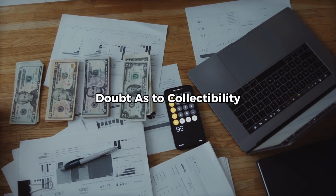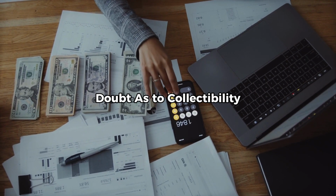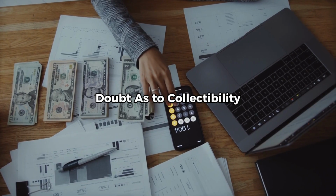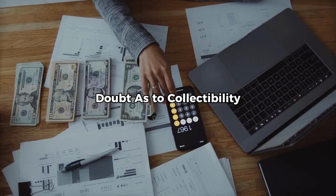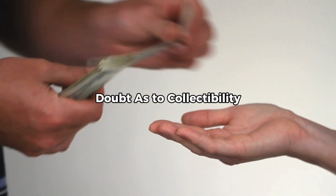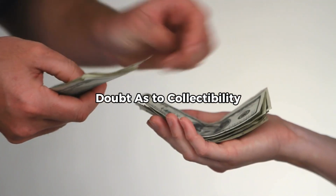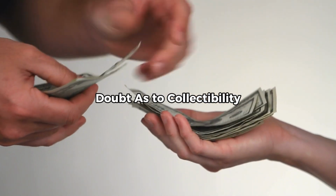In assessing collectability, the IRS considers several key factors: the taxpayer's financial situation, including income, expenses, and asset equity; historical payment patterns, which indicate whether payments have been made consistently in the past; market conditions that may affect the taxpayer's ability to generate income or liquidate assets; the taxpayer's reasonable collection potential, or RCP, which is the IRS's estimate of how much can realistically be recovered; other factors, such as unavoidable medical expenses, dependents, or unexpected life events that affect